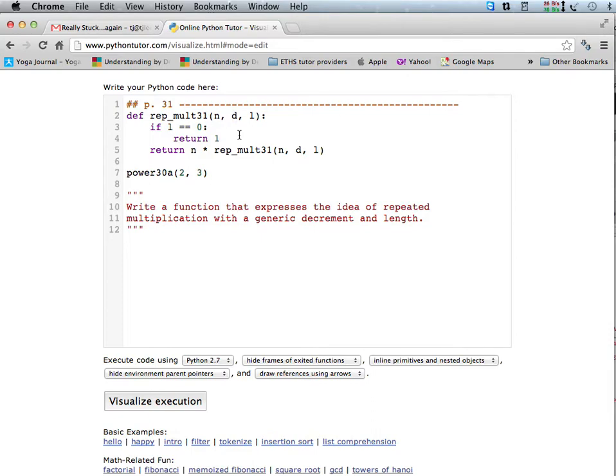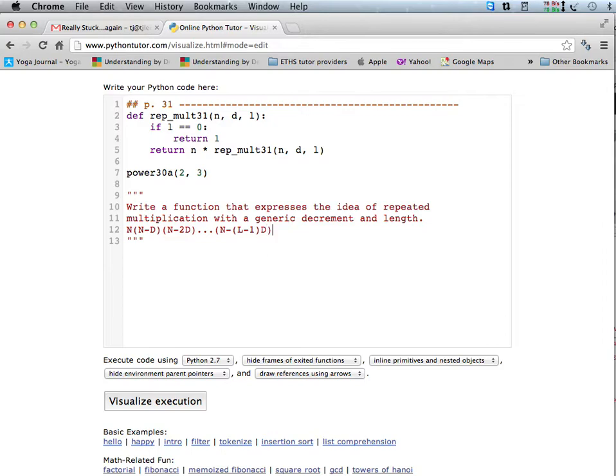The way we figure out what that multiple is, well, it shows in the book, it shows something like n times n minus D times n minus 2D, and so on down to n minus L minus 1 times